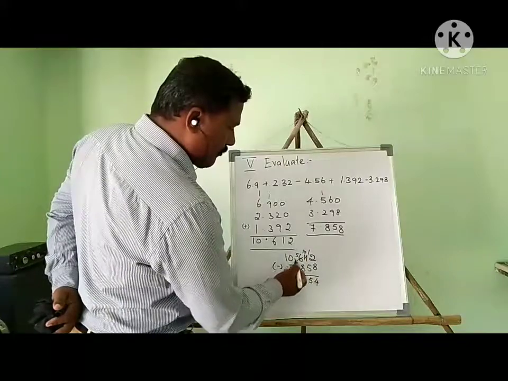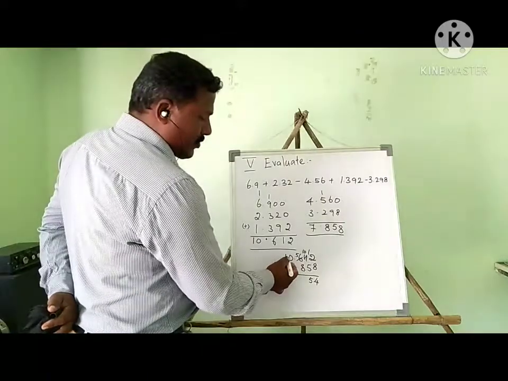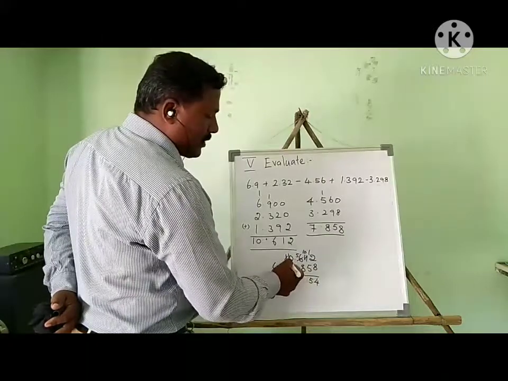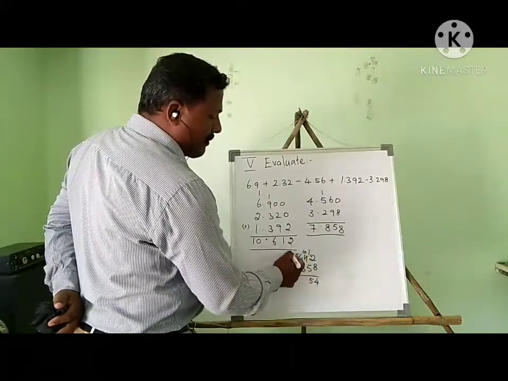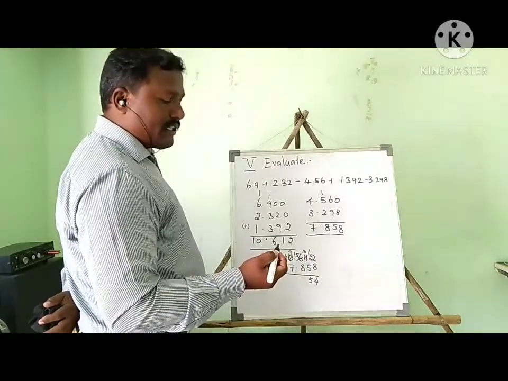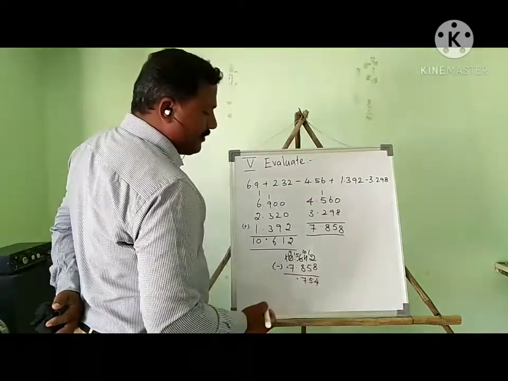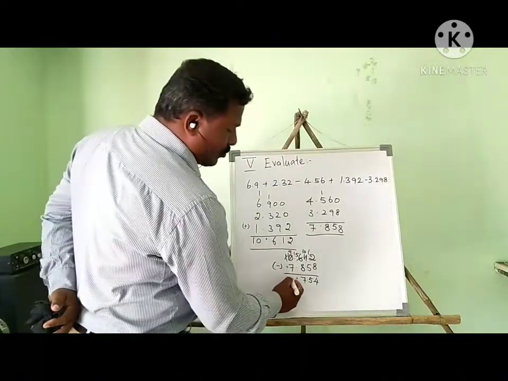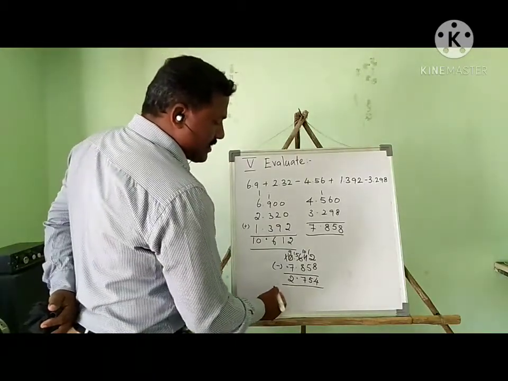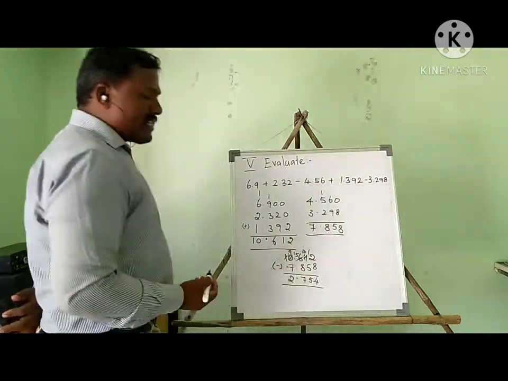Here 5 minus 8, we can't subtract. Here 0, and here 1 is there, so I will borrow from here. Here it becomes 10, but I want to go to the next step, so here it becomes 9, here 15. So 15 minus 8 is 7. Then the decimal point. 9 minus 7, we get 2. Here there is no number, so no need to put anything. Now the answer is 2.754. If you simplify all the numbers, you will get 2.754 as the answer.